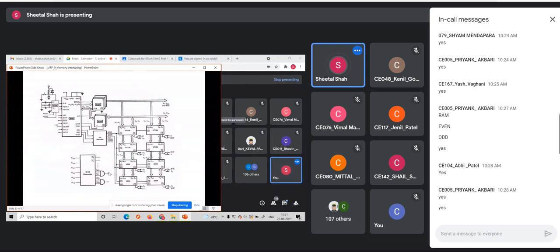Are you getting me? This shows X. You can see that it is connected here. This is X, here also it is X. Again, it is accompanied with A0 as well as the BHE bar signal, and it is connected to the chip select line to select either the even bank or the odd bank of this ROM IC. Is this thing clear?